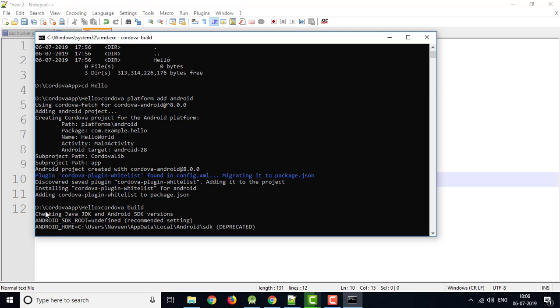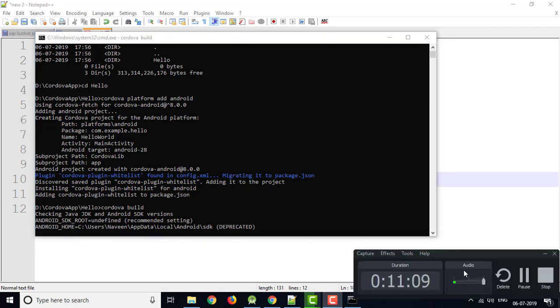Now you can see it is using JDK, checking whether JDK is available or not. That's why I told in the previous session that we need JDK first. Then it is checking the Android root directory, then the Android home directory. The home directory is where the SDK is present because it requires the SDK, and it will check for some other files and download whatever file is not present. But these files are compulsory. If they are not present, it will give you an error and your application will terminate here only.